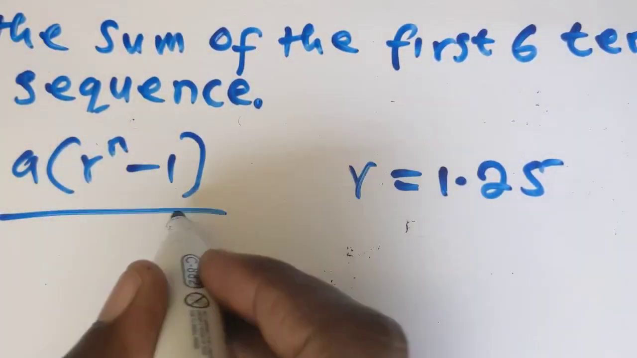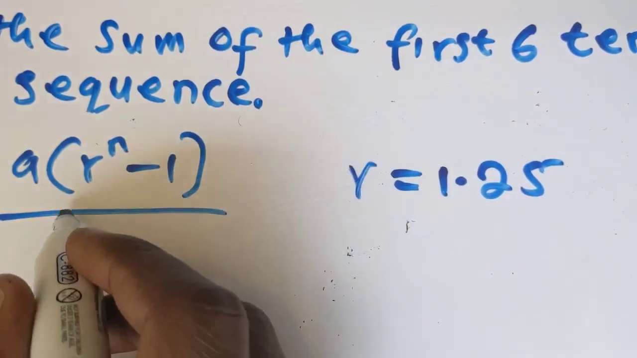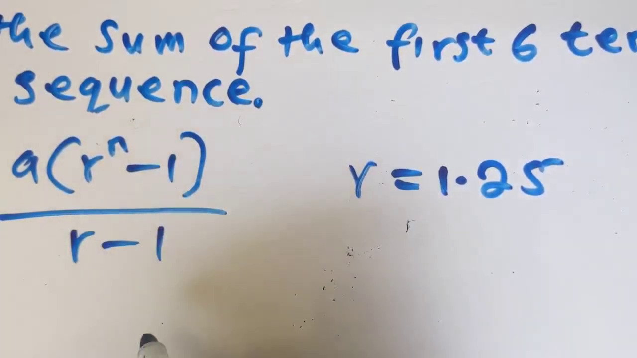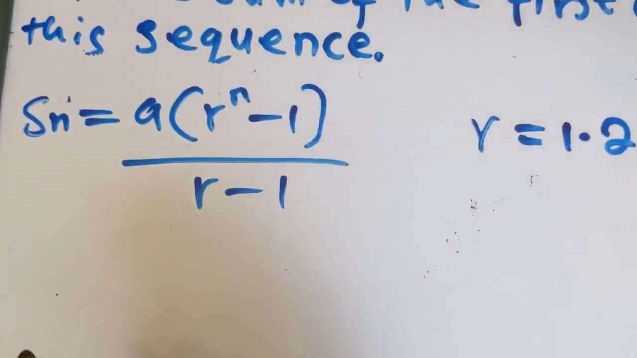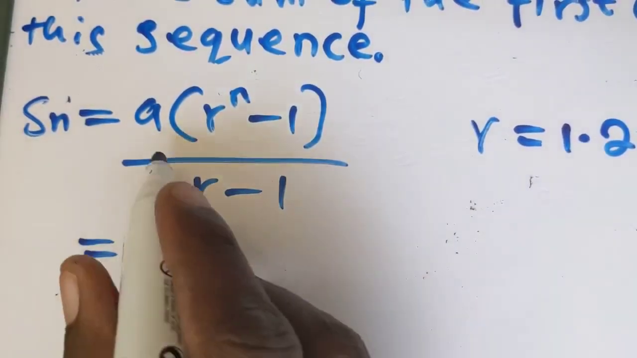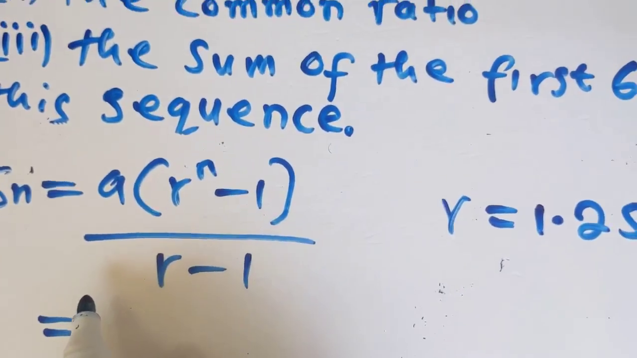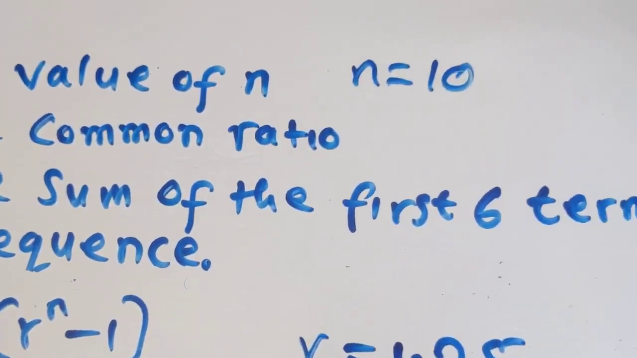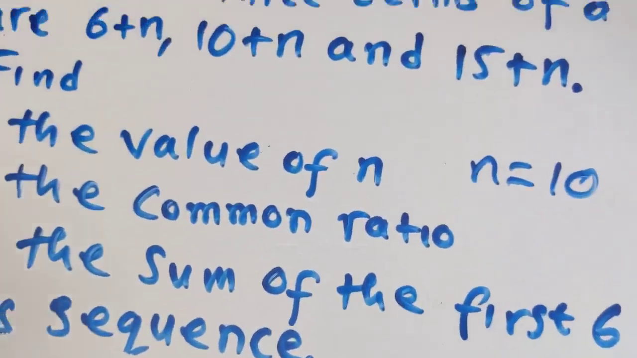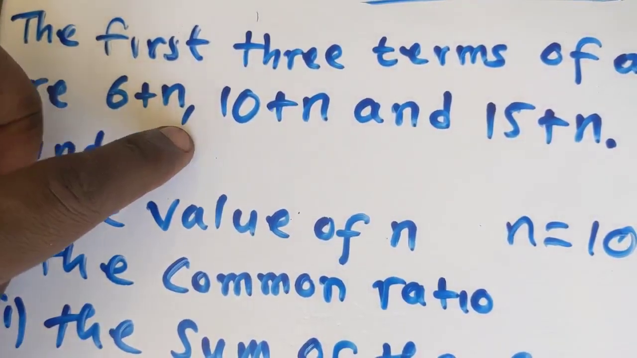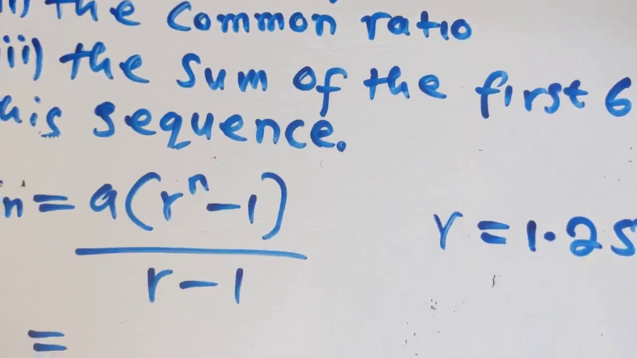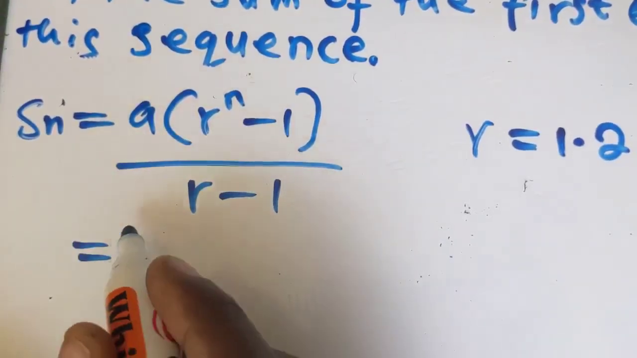That is what we said in the previous video. So that is r minus 1, like that. That is the formula that we are supposed to use. We know that this is our first term. So 6 plus 10, that is 16. That is our first term, so we are going to put 16 right there,